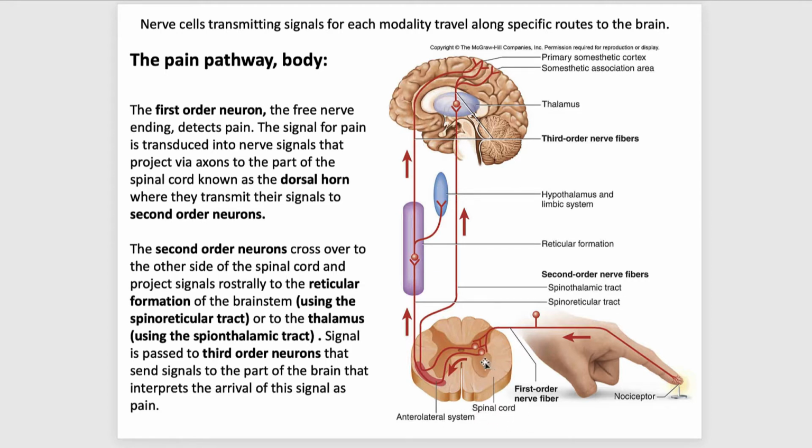Now the question, of course, comes about as to, well, why in the world does this second order neuron cross over to the other side and go straight up? Wouldn't it be better to just go straight up? Wouldn't you save some fraction of a millisecond instead of going laterally, if you went straight up here? And the answer is yeah. And what is the reason that these guys cross over? And this crossing over